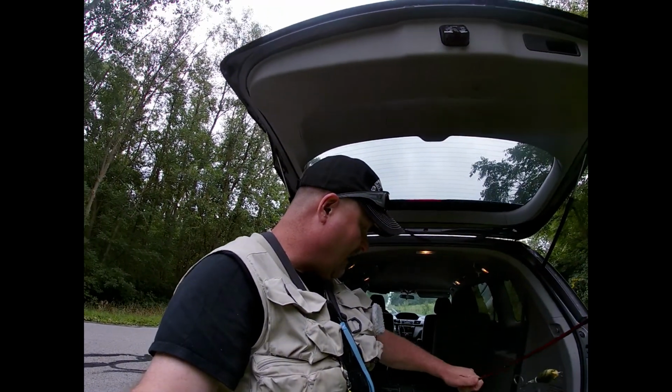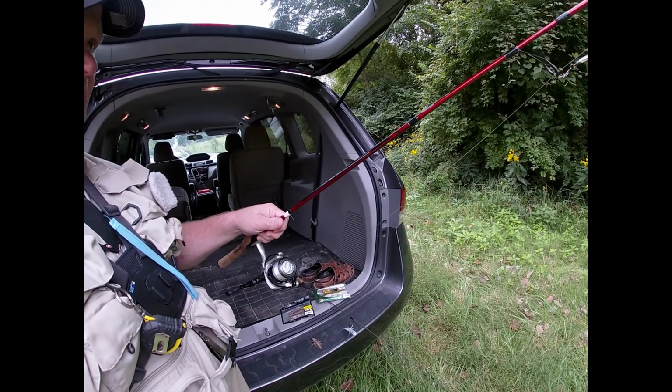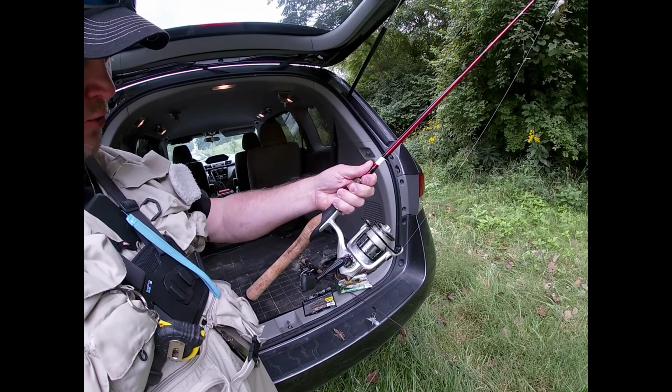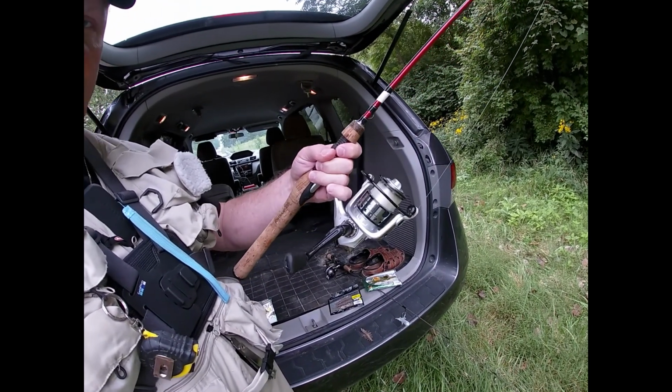enjoy hitting that. I'm fishing with basically the Bionic Blade. It's made by Bass Pro Shops. Not necessarily the greatest fishing pole, but it seems to work really well. I like the fact that it's lightweight. The cork gives me a comfortable grip, and of course I'm fishing with the